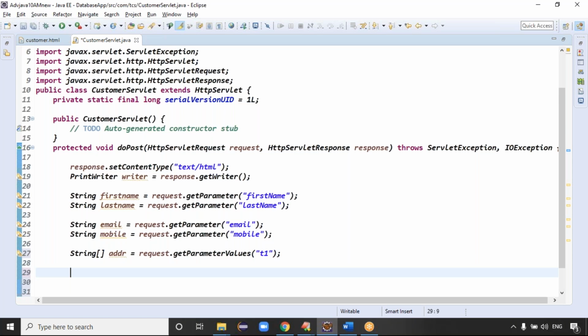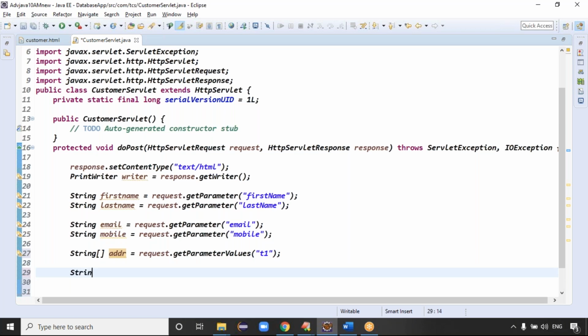Guys, now in address I need which format, single value format, right? By putting a comma separator, I want to combine these three values. But string is what type of data, guys? Is it mutable or immutable data? Immutable. Immutable data means can you put the commas? No, right? So we can't do the modification.